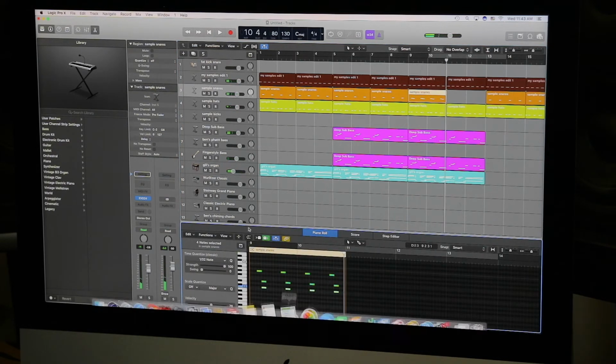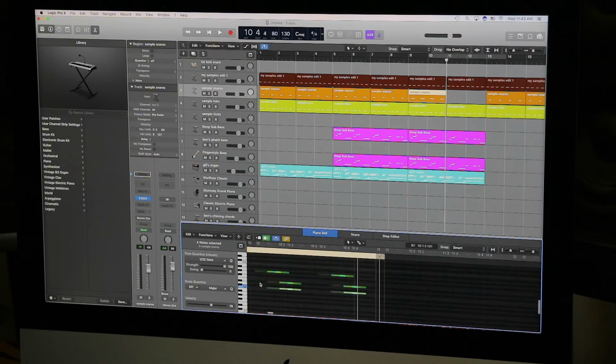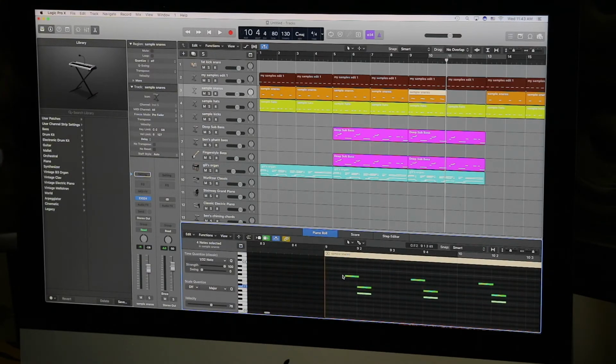Actually, 2 snare drums. The kick is on the 1, snare's on the 2, and that little clap thing is on the and of the 2, or something.